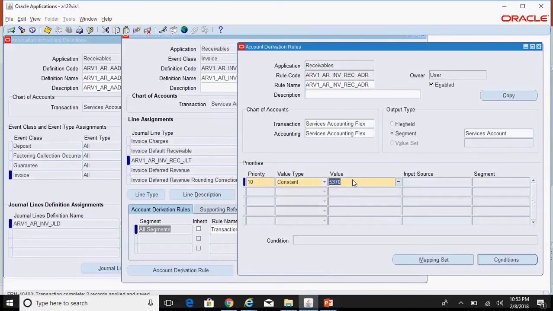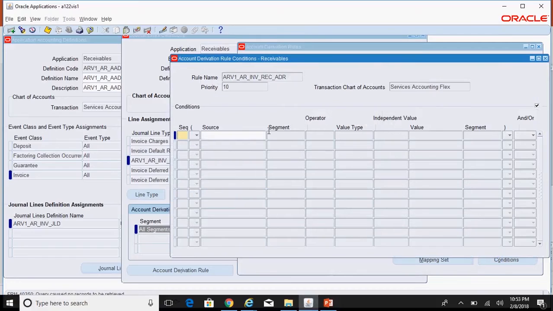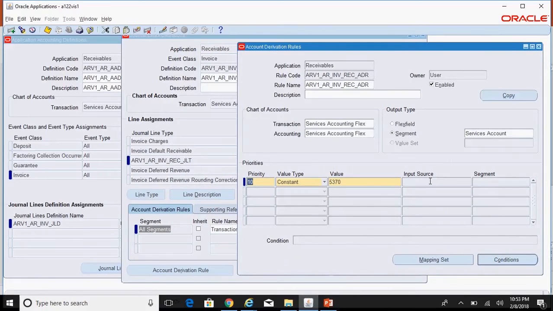If you want this particular ADR to get triggered for a specific kind of transaction type, or for a specific operating unit or for a specific ledger, you can add all those things under conditions. If I do not add any conditions, for all invoices the system will use this particular rule. Or you can even add conditions to ensure that this ADR gets triggered only for a specific transaction type, something like that.